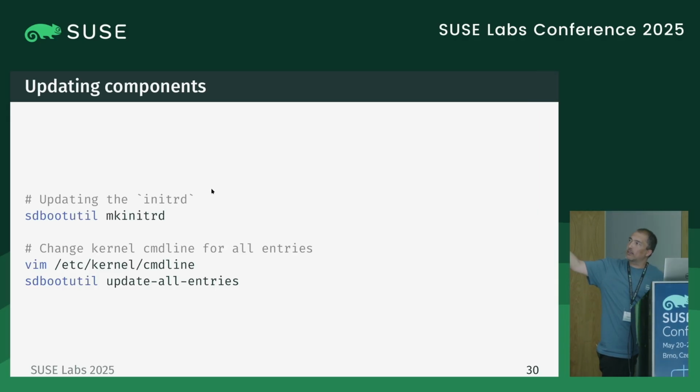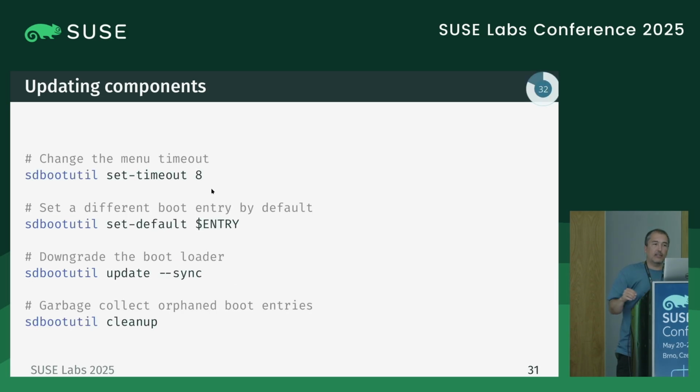There is also a command line tool for generating the initrd, and for changing the command line and updating the command line options in all the entries that we have. In the same way, you can set the timeout and the default entry. This second one, the default entry, is very interesting because it's an update in an EFI variable without requiring the change of the default snapshot by snapper. So it's an alternative way of selecting a default snapshot without changing snapper or anything in the Btrfs side. You can downgrade now the bootloader.